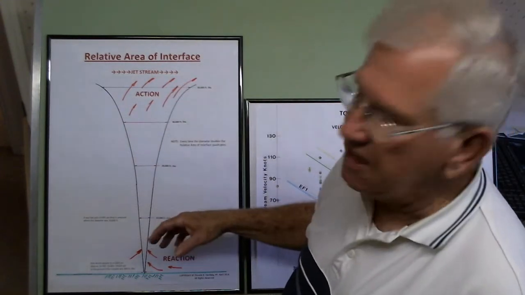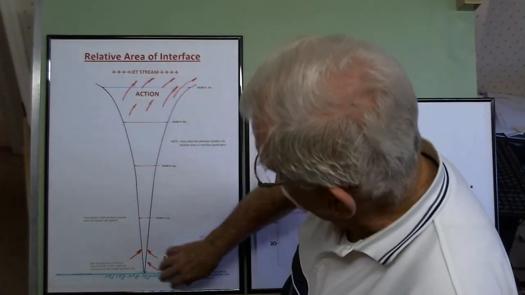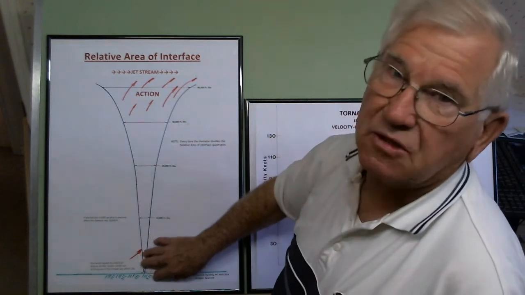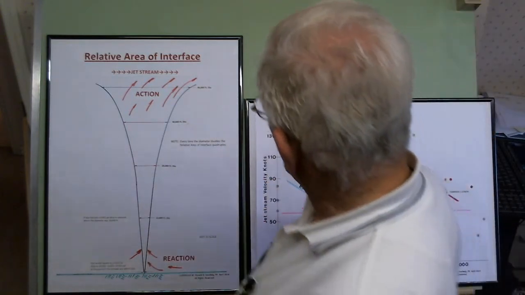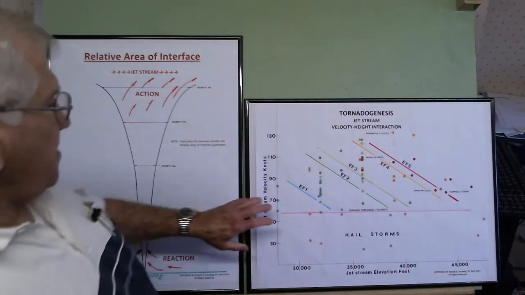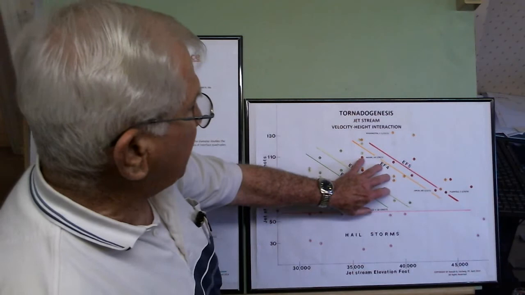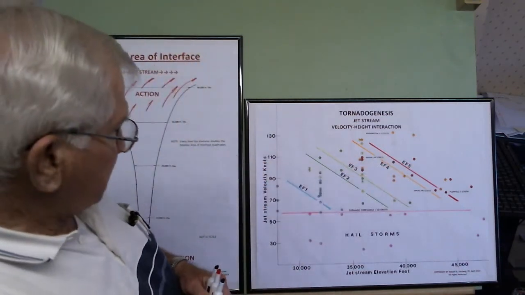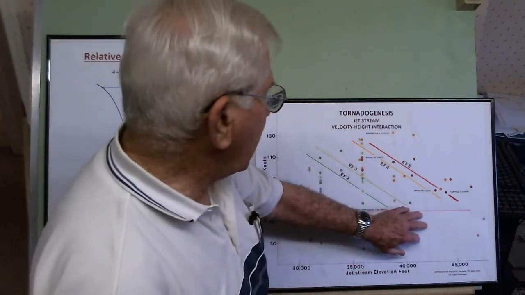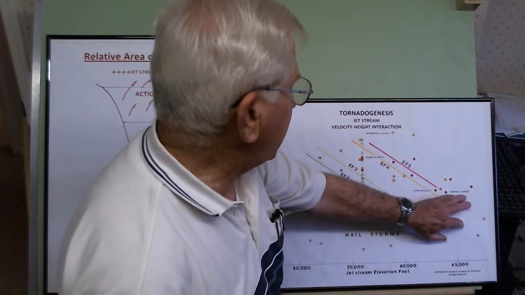This isn't what we see, though. We see action as it's pulled out, and the reaction we see on the ground as a tornado. Now, I did a little plotting on this, and I looked up 10 EF1s, 10 EF2s, 10 EF3s, 10 EF4s, and 10 EF5 tornadoes. Some of them that we know of: the Joplin, Missouri tornado, the Plainfield, Illinois tornado